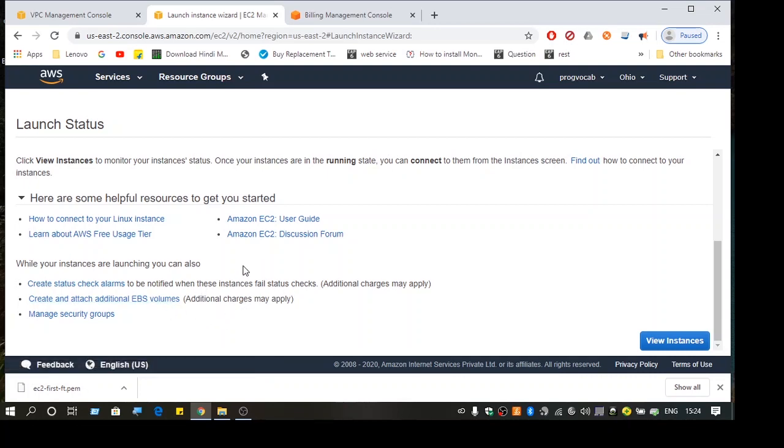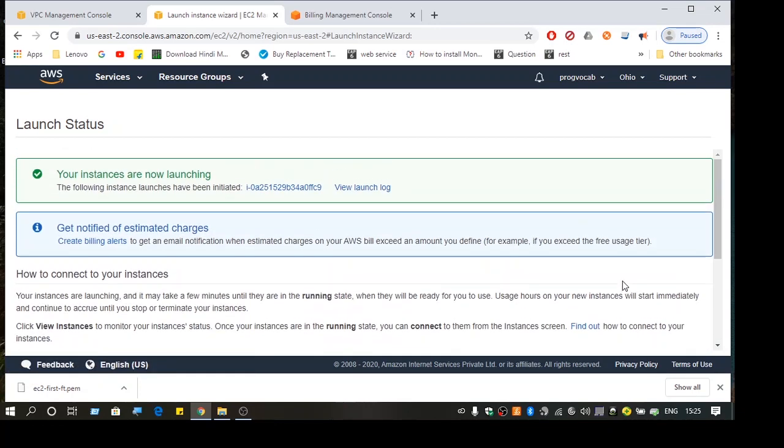So yeah, you can see here there are a lot of options. Okay, create and attach additional EBS volumes, so that is chargeable, but you will be charged only if you are using more than 30 GB. That is what was specified earlier. Okay, so these are the monthly charges. So once your month is over, again you will be in the free usage zone, so you can keep using it, but limited.